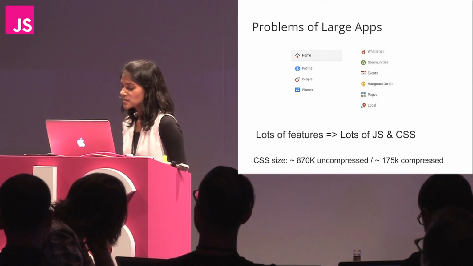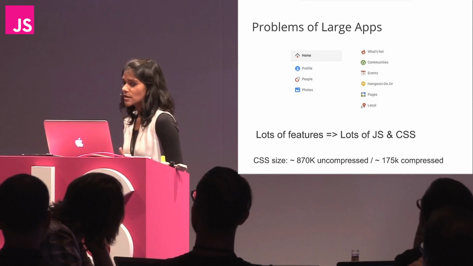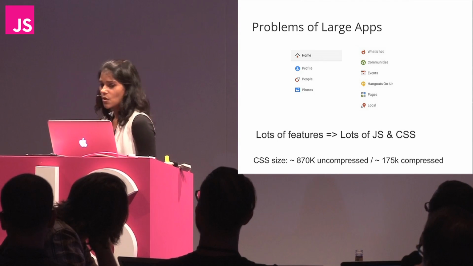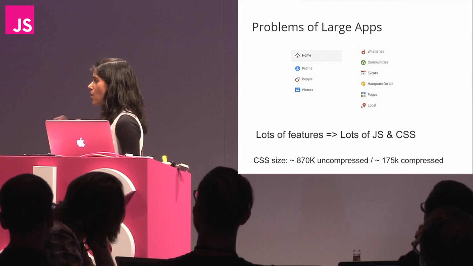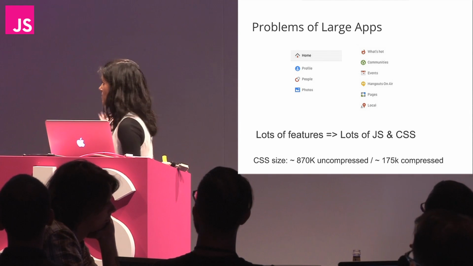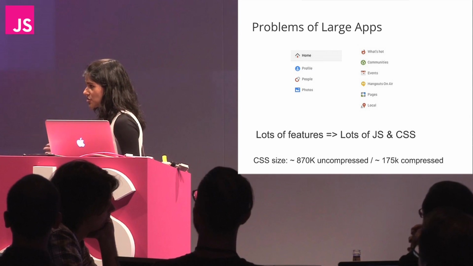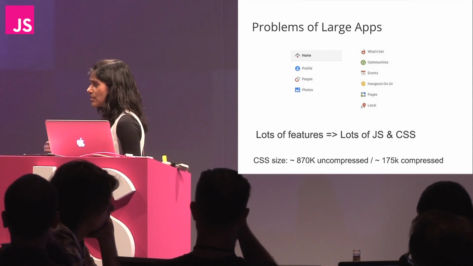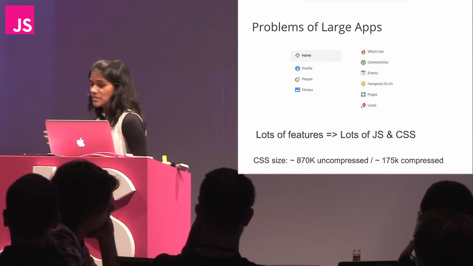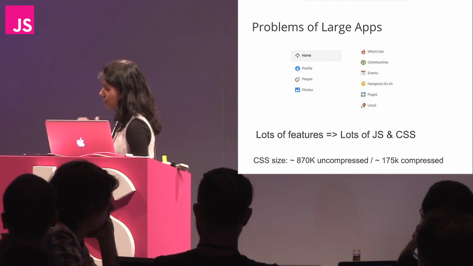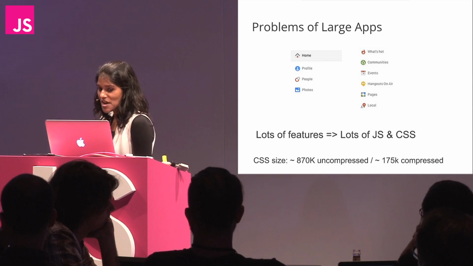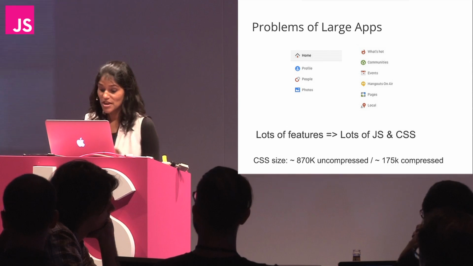So the problem that CSS modules is trying to solve is not a problem that's unique to Google+ or Google. It's a problem of all very large applications. This is just a sampling of some of the top-level pages. And within each of these pages, we have lots of features. And that adds up to lots of JavaScript and CSS. And as you can see from these numbers here, we have a ton of CSS, and we have a problem